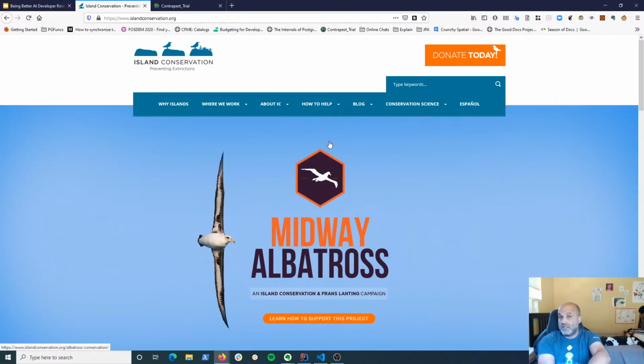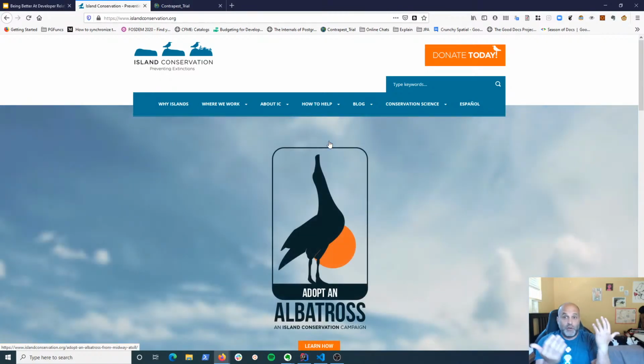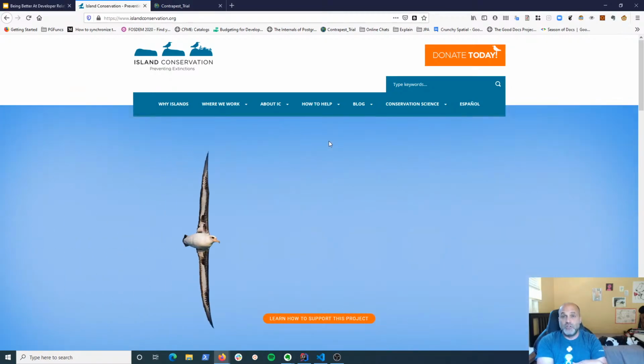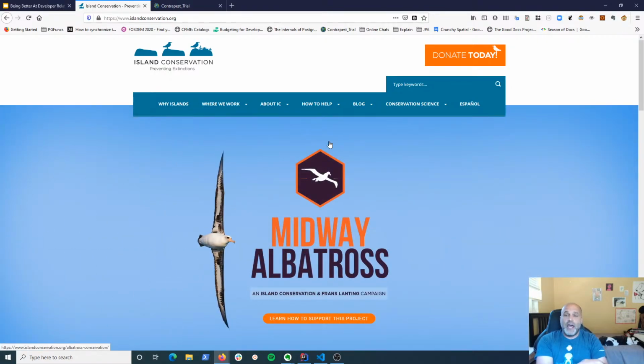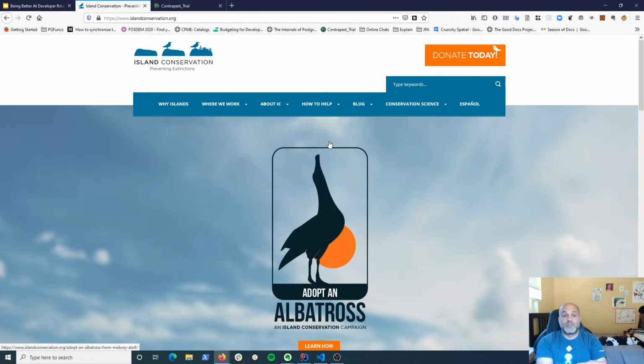And one of the problems on lots of islands is not conserving the island, but the animals and plants that live on the island. Because islands generally don't go anywhere except for earthquakes, and there's not much you can do about those. But one of the things that you can do for island conservation is you can get rid of rats. Humans tend to bring rats into islands, and rats are really bad, not native to most islands, and they're really bad for local wildlife and for plant life too. And so they focus a lot on eradicating rats from islands and other animals too, snakes and cats and things like that. But today we're going to just talk about rats, right?